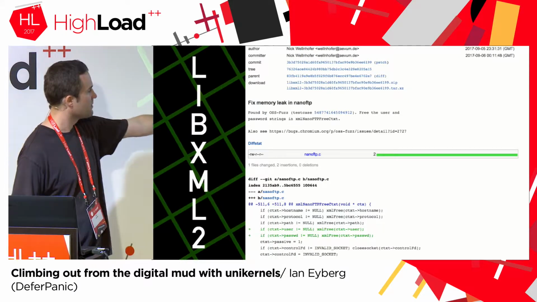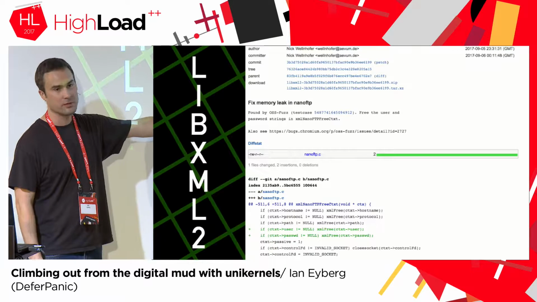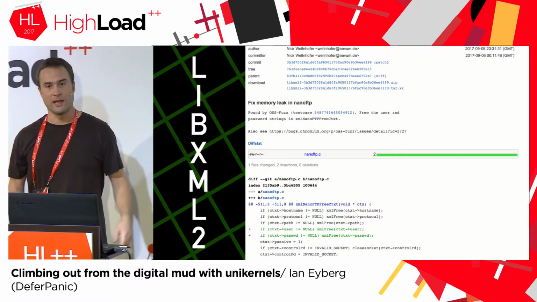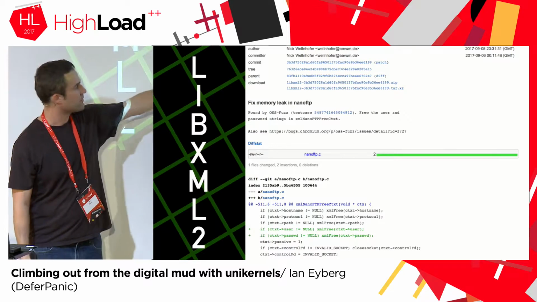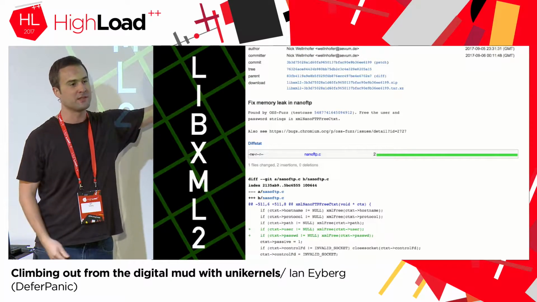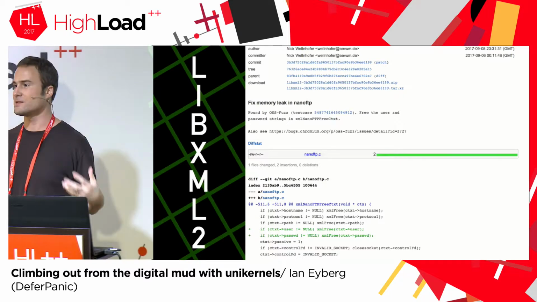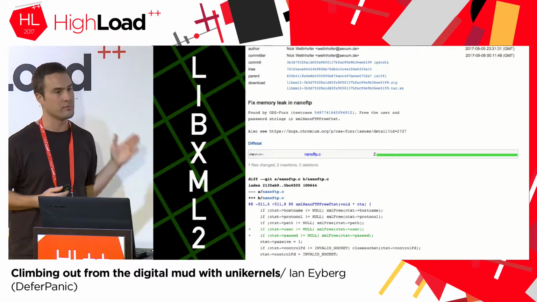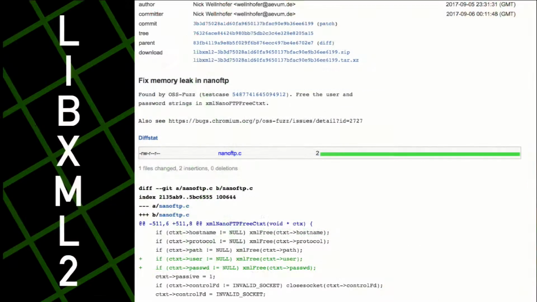And here are 2 use-after-free vulnerabilities discovered not even a month ago. If you can tell, this is nano FTP. What is an FTP server doing in this library that's present on every single system out there and has vulnerabilities from less than a month ago? This is the type of digital mud that I'm talking about. This does not belong on our systems all the time.